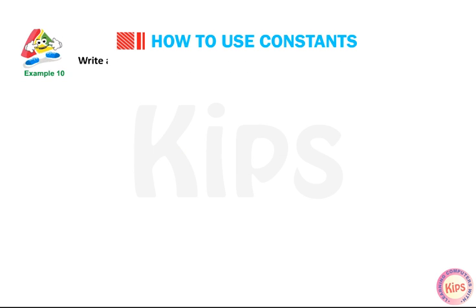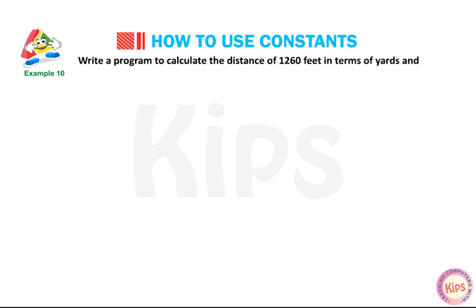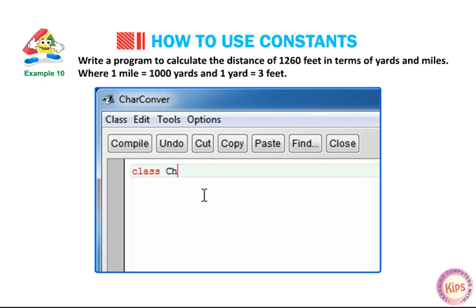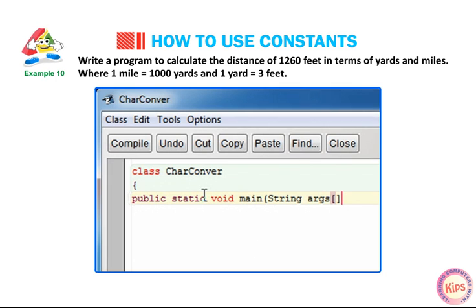Example 10. Write a program to calculate the distance of 1260 feet in terms of yards and miles, where 1 mile is equal to 1000 yards and 1 yard is equal to 3 feet. class CharacterConvert { public static void main(String arg[])